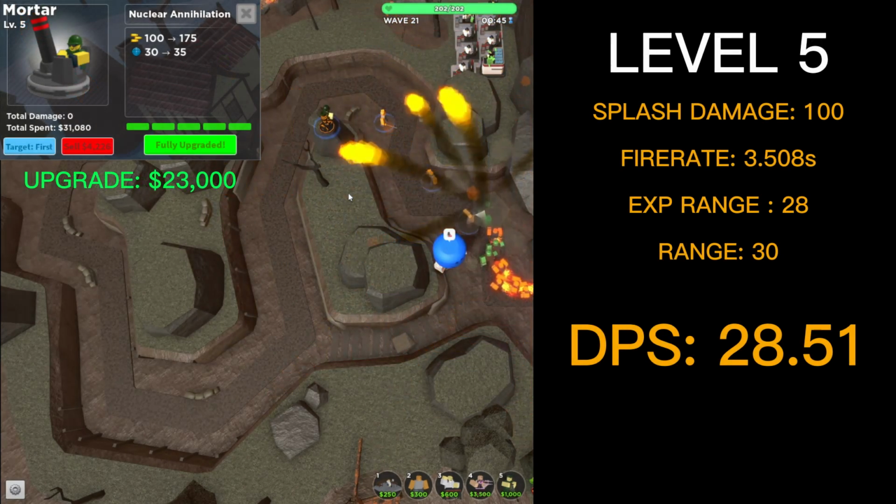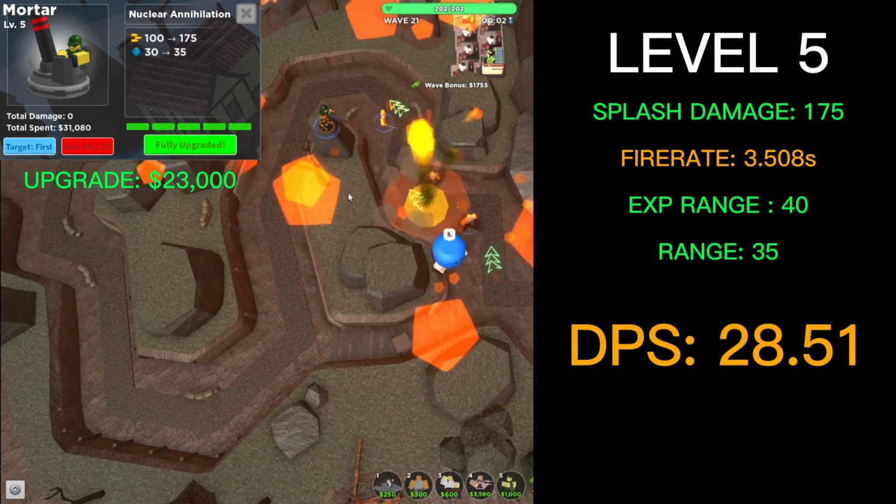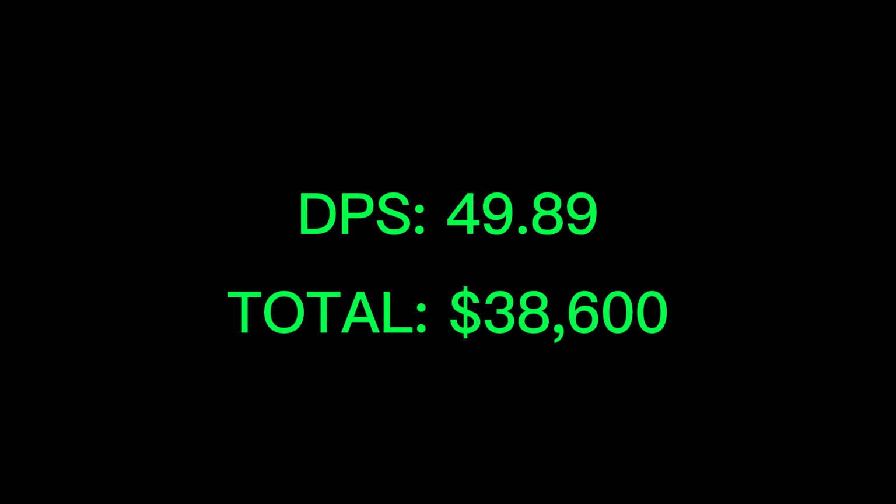The level 5 upgrade costs 23,000 cash. It deals 175 splash damage, has an explosion range of 40, a range of 35, and a total DPS of 49.89. Now listen, I know 49.89 DPS for a total of 38,600 cash sounds really bad, but remember, the Mortar